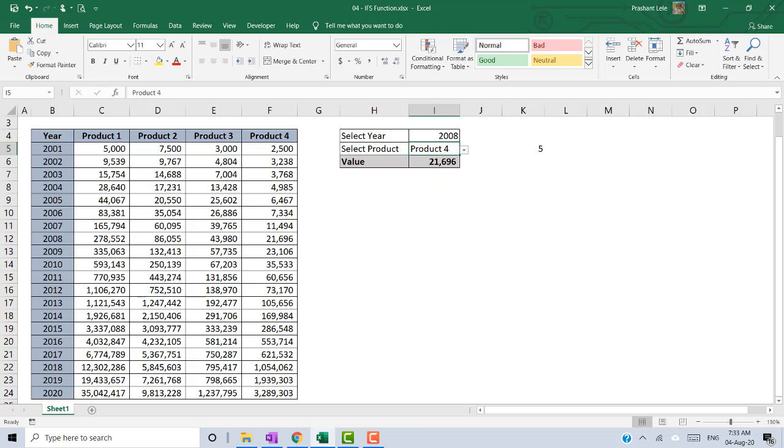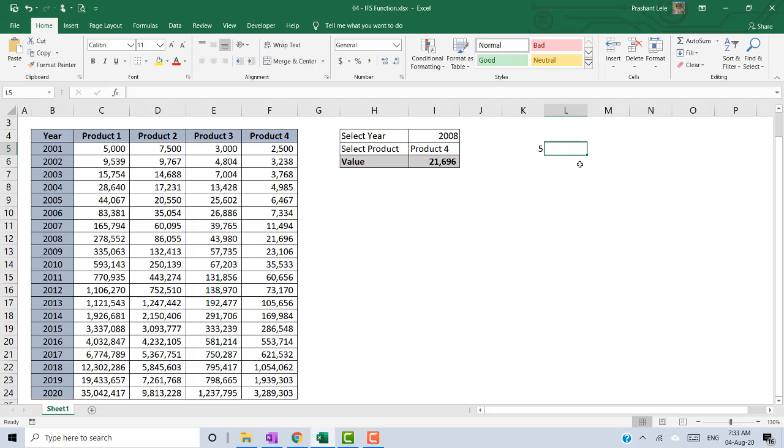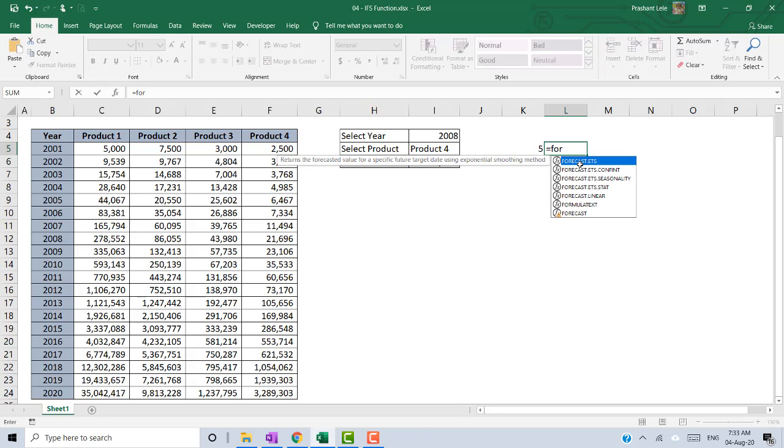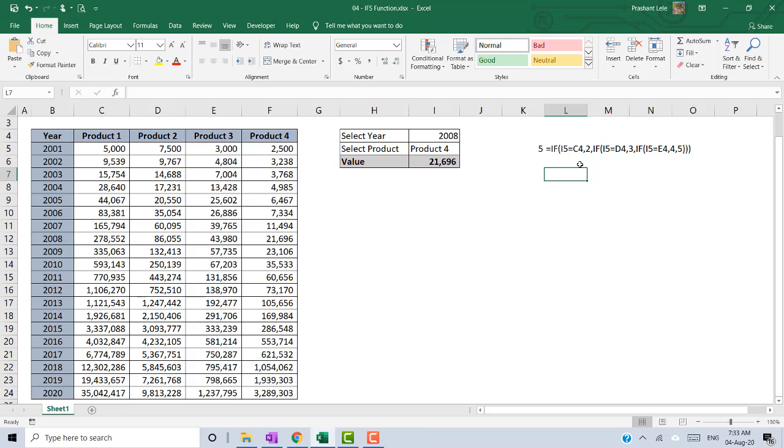This VLOOKUP is not important. What is important here is this: we use 3 IF functions inside one another and achieve this result. I will show you the formula also, using FORMULATEXT, so our formula will be continuously showing here.